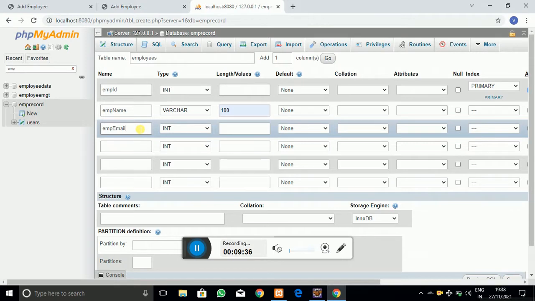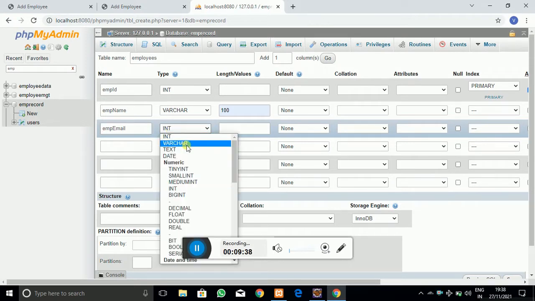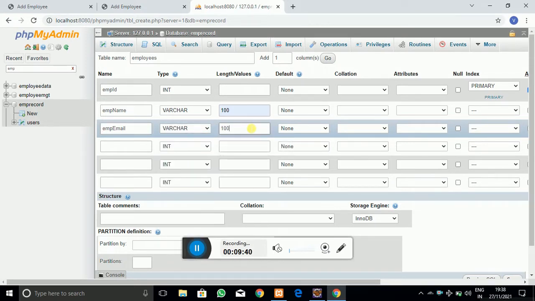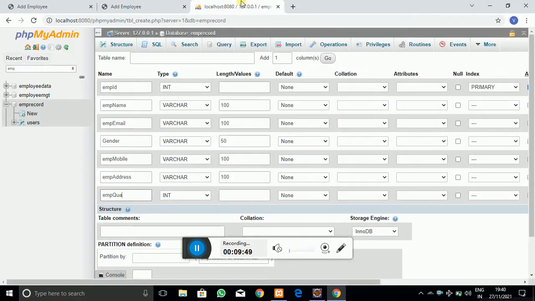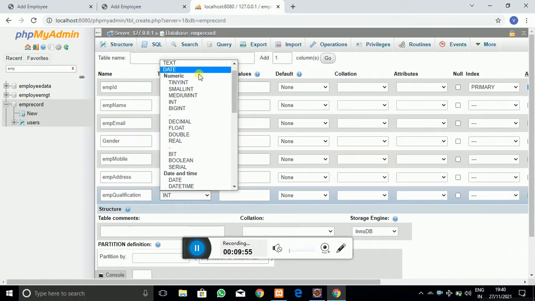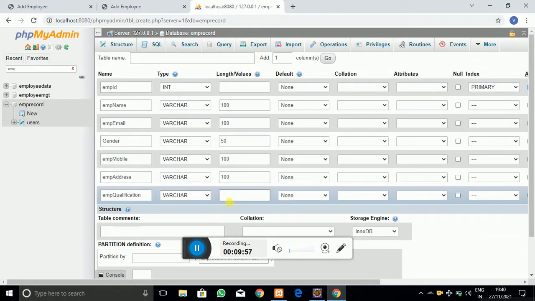Next is employee email, which I am also giving as varchar 100. And the remaining ones, employee qualification and employee address, are also varchar 100.